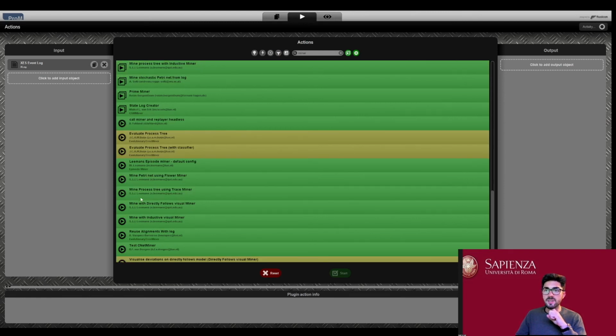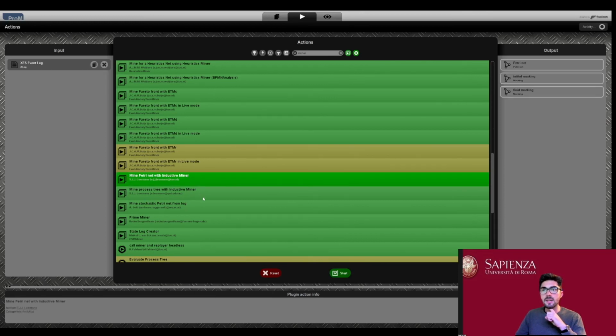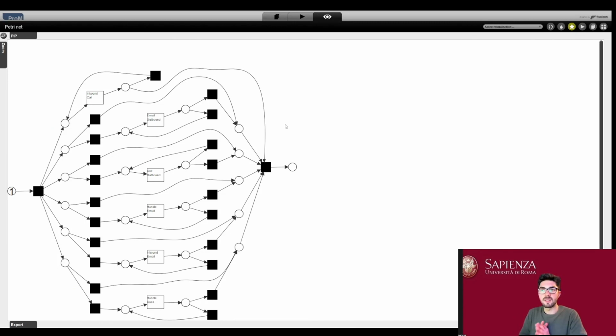And for example, there are a lot of different tools that can be used, a lot of different kinds of miner. And we can select, for example, this one that is a tool to obtain a Petri net using the inductive miner, which was one of the extended versions of the alpha algorithm that we saw that should try to be more precise, more useful. And here you can see on the output panel what will be produced. In this case, a Petri net with an initial marking and a final marking. We can do so. And this is the Petri net that will be produced.